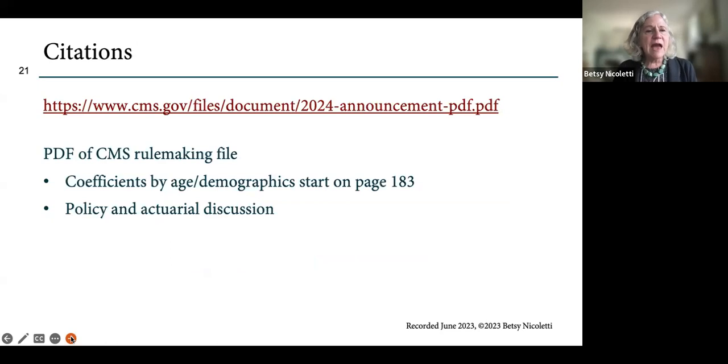And when we want the coefficients, we're going to look at this February announcement, which has the coefficients by age and demographics starting on page 183, and the categories and the coefficients there. And this is a policy and actuarial discussion. It's dense. What you're looking for is starting on page 183.